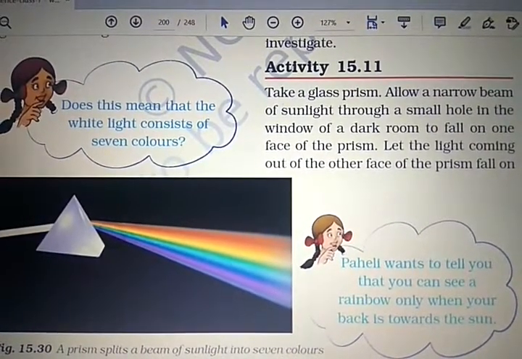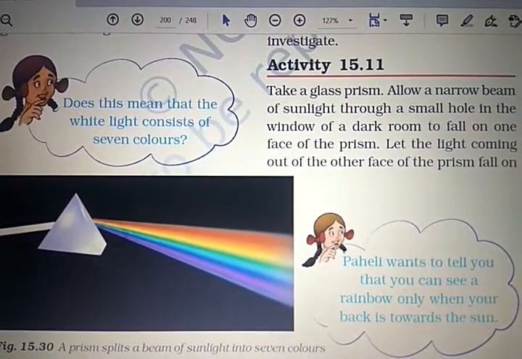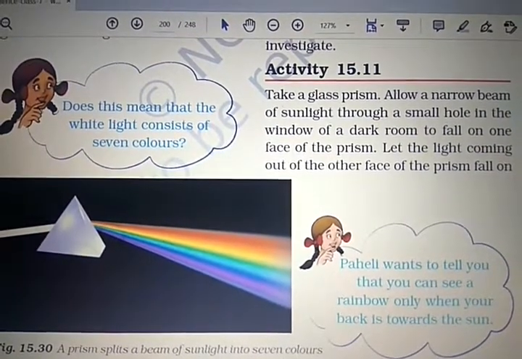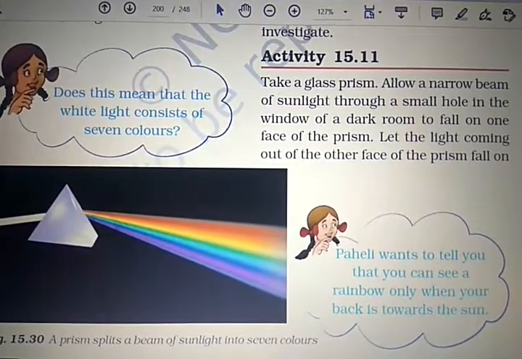From there you have to reflect the sun onto this dish, and take another small mirror and put it in that dish.